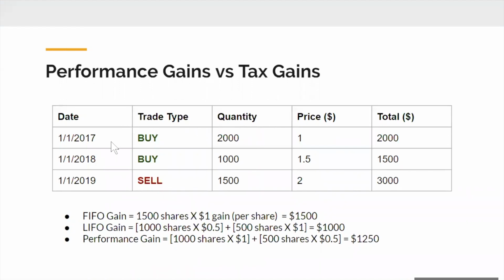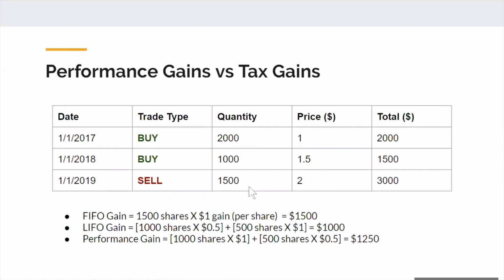So here's just a little example to illustrate that. It's very simple. We have a holding. We've got 2 buy trades. So we originally purchased 2,000 shares at $1. We then purchased another 1,000 shares at $1.50, and then finally we sold down half of the position. So we held 3,000 at this point. We've sold down 1,500